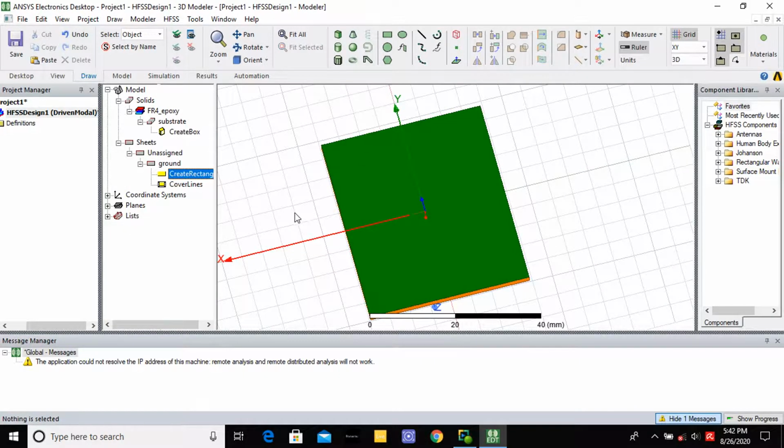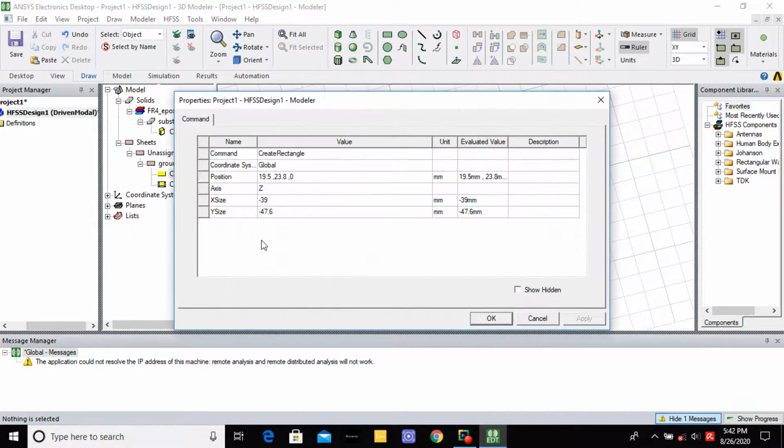At the start itself, I told you I am going to draw the DGS. DGS means defective ground plane structure. It is only half of the substrate, not fully grounded in the substrate plane. Now I am going to change the length of the ground value.